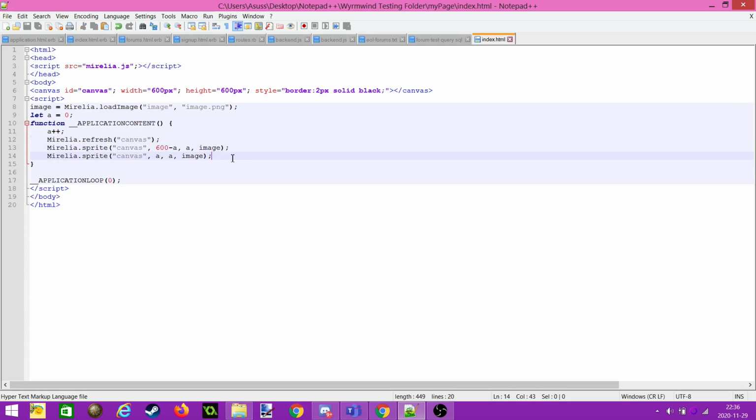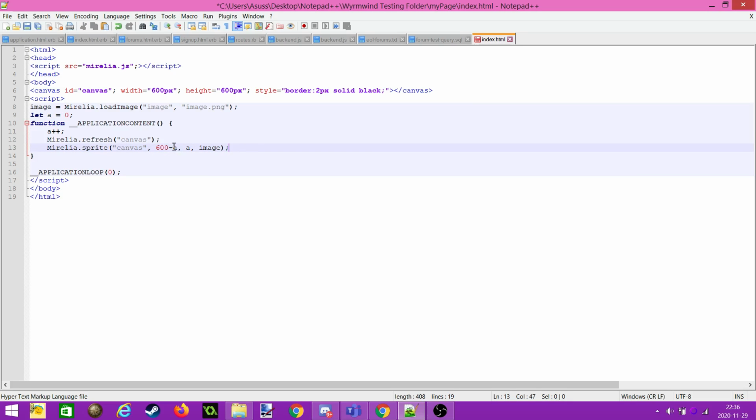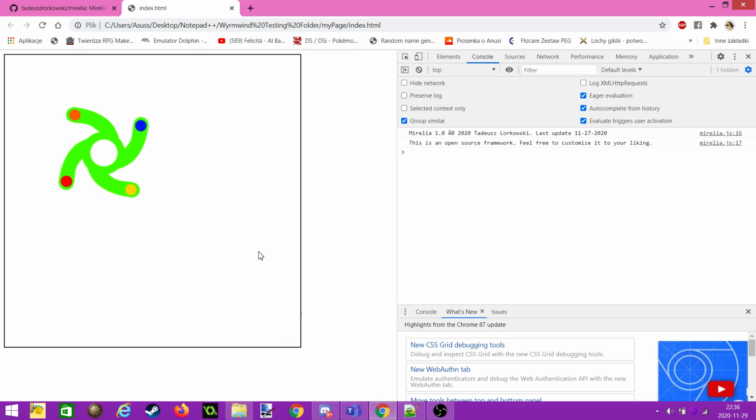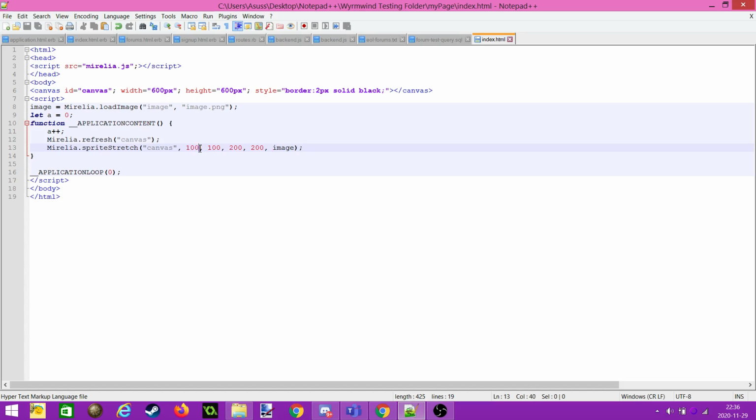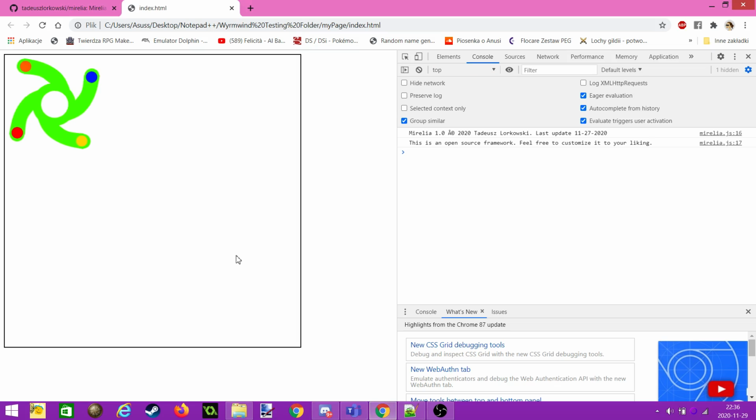Now, of course, we can also make some transforms on our image. We may want to, for example, stretch our sprite so that it would still appear in 100, but this time with a width of 200 by 200 pixels. And sure enough, we can stretch it like this. Let's say this time we want to draw it at 0, 0. Why? Because I'm going to show you